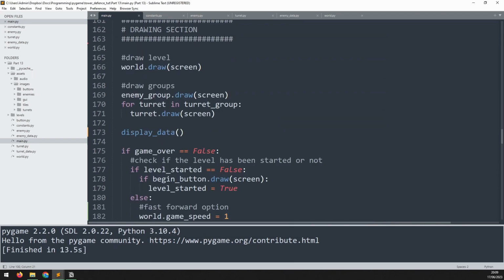And there you have it, a complete tower defense game made from scratch with multiple enemy types, numerous waves, and